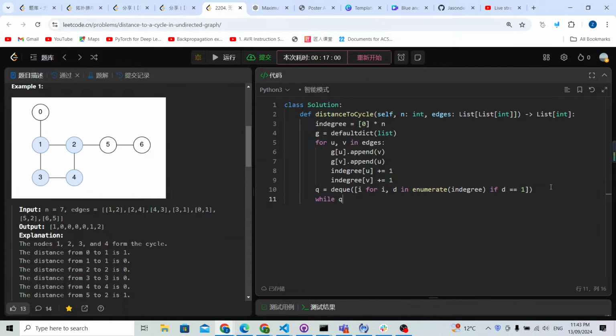So while Q, we're going to pop out a node from the left side. So we're going to check the neighbor, and we should know that while we are using the topological sort, we should not prepare the visited set, because topological sort BFS is different from the normal BFS, because this integrate is actually our visited set. That is why we don't need to prepare the visited set for the topological sort. Let's just check the neighbor. So for neighbor in g of this node,